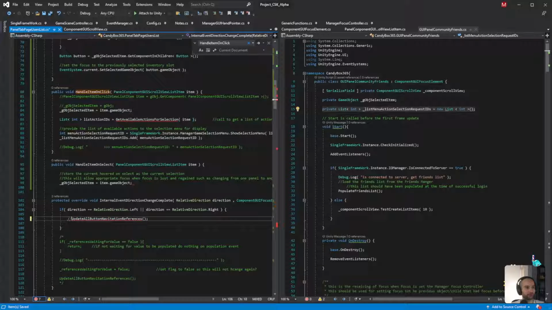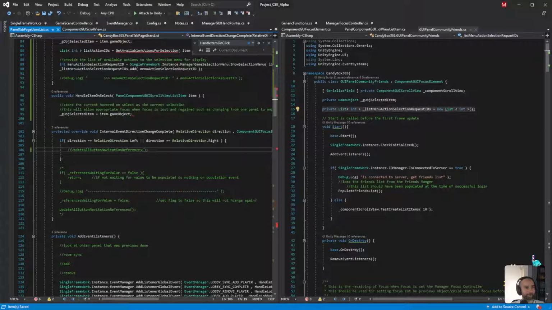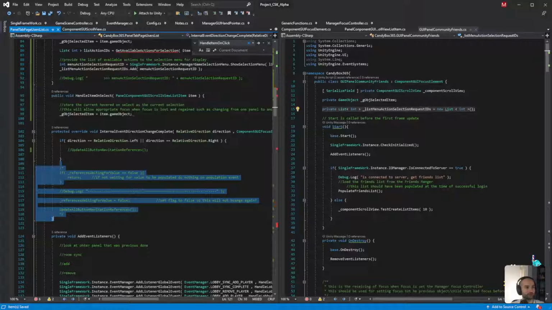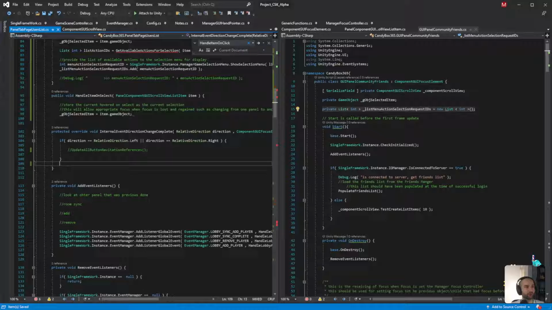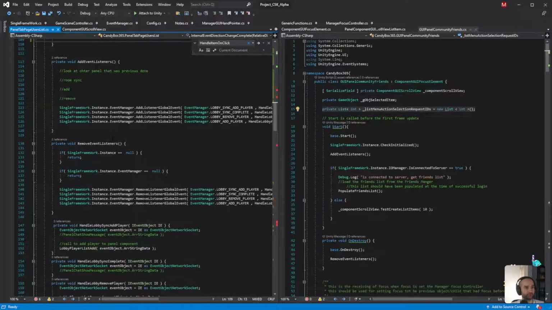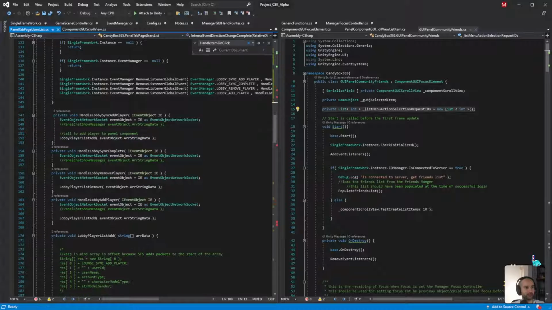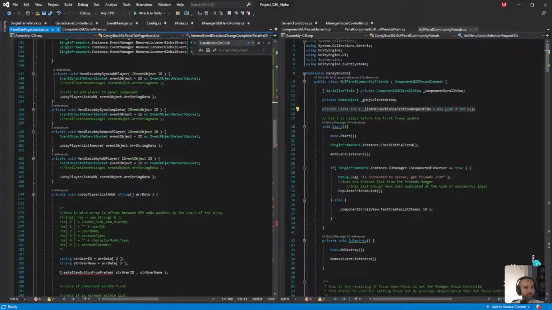Don't need this stuff anymore. That's old. Okay, so we have add listeners, remove listeners, player add. So this is synchronization stuff from the server that comes over through the TCP/IP socket connection. We'll add more stuff later.